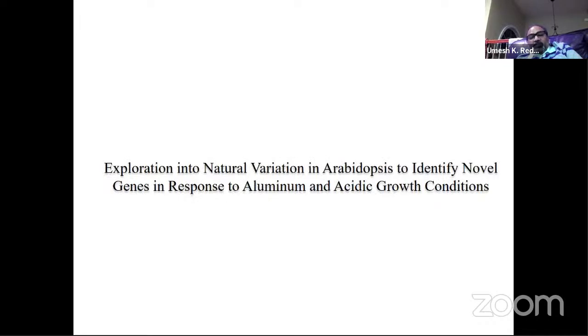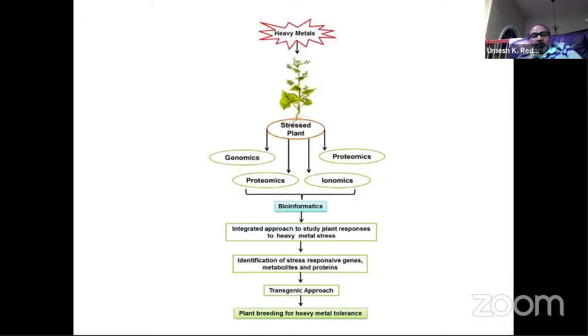we identify genes in the Arabidopsis for the aluminum toxicity and acidity, resistance to acidity, and then transfer this into horticulturally important vegetables. These heavy metals,